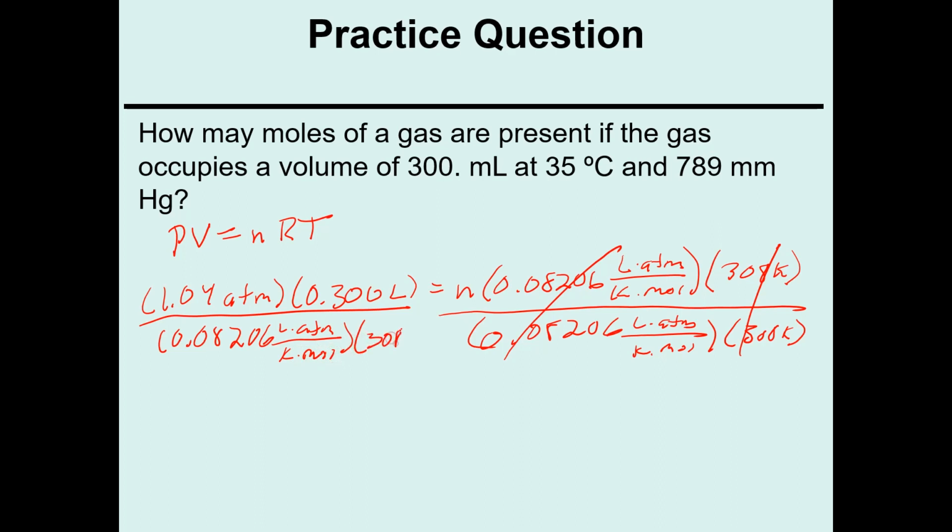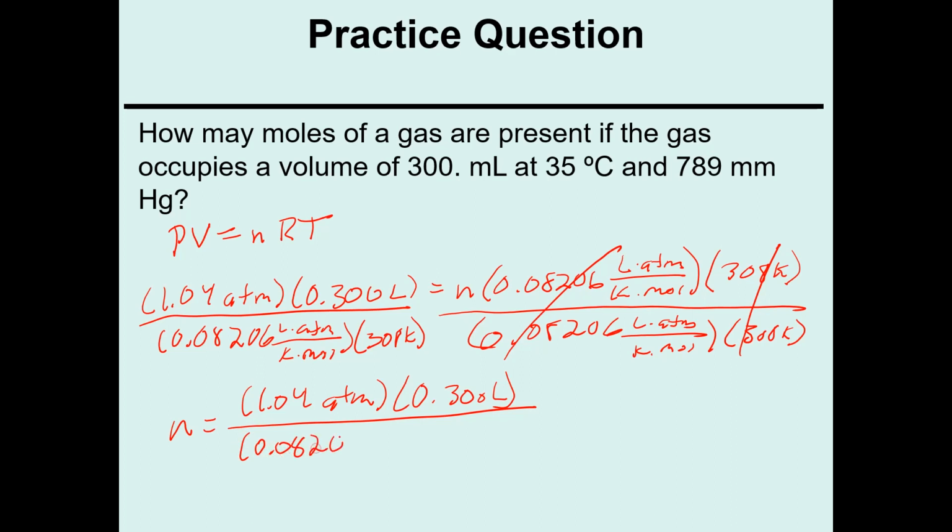And so n is equal to 1.04 ATM times 0.300 liters divided by 0.08206 liters times ATM over Kelvin times mole